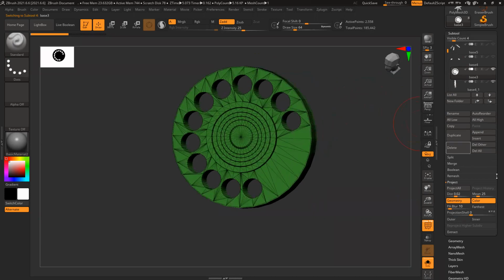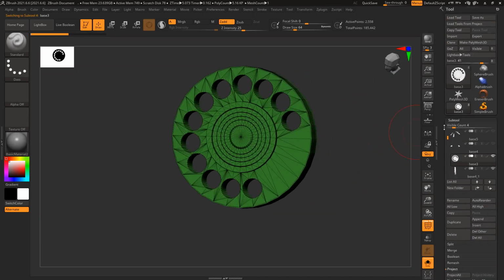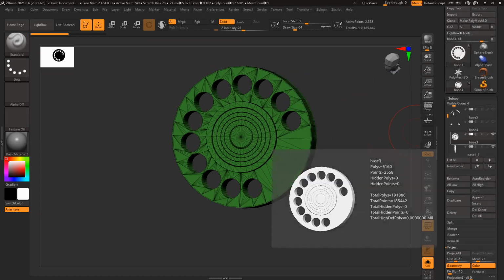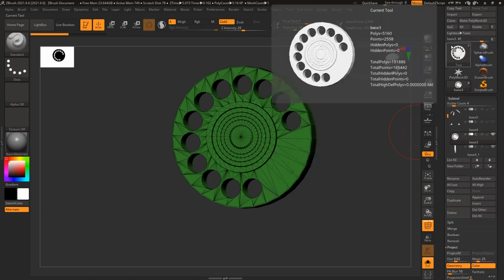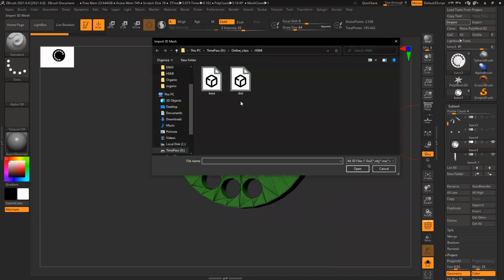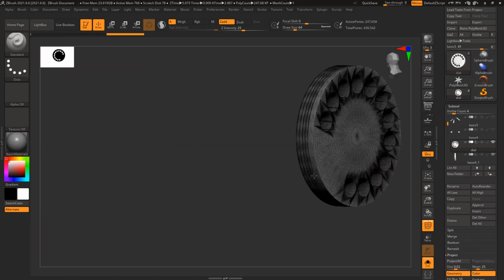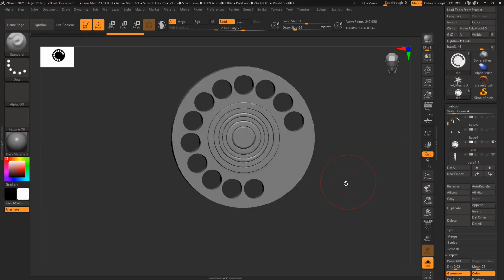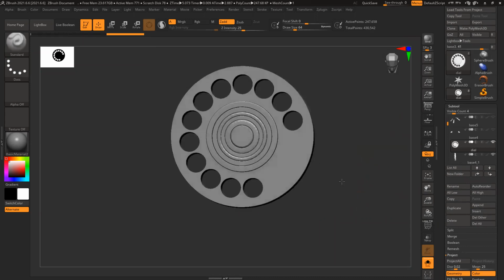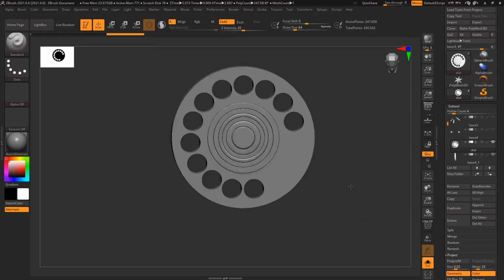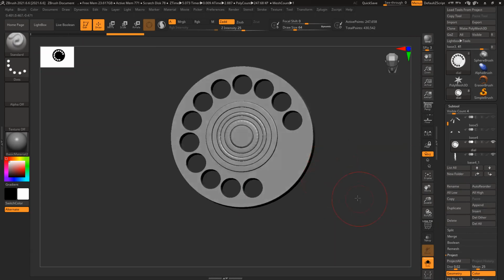So I already have these two. I need to bring that part also. So I cannot import it like this. Yes, if I want, I can definitely import it. Select the model, import, but sometimes it creates problems. So Shift F, you can see now I have a better, nice and cleaner shape. And this is all quads.